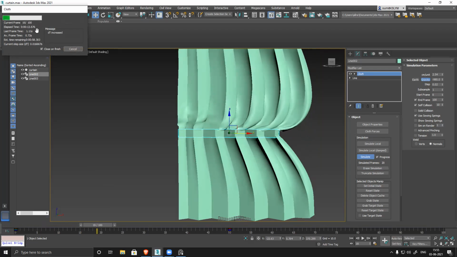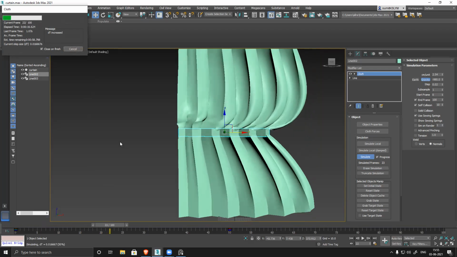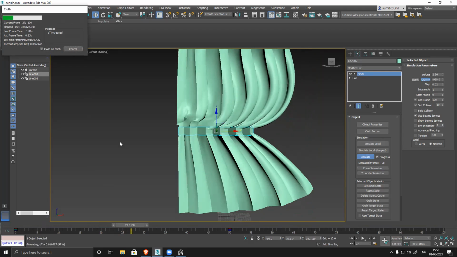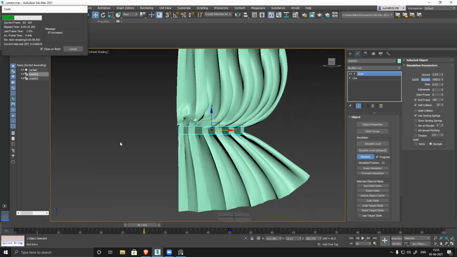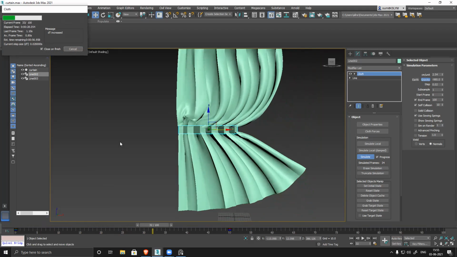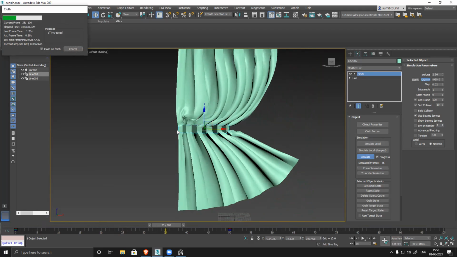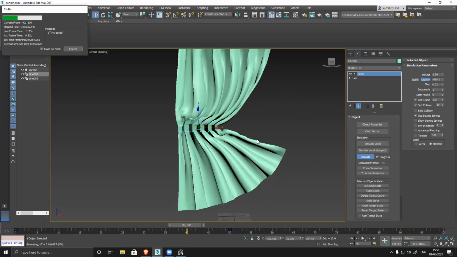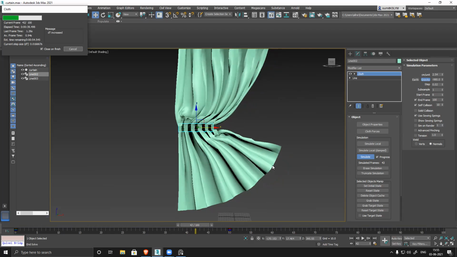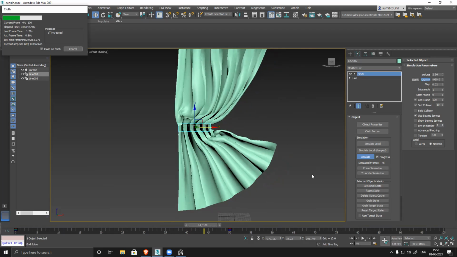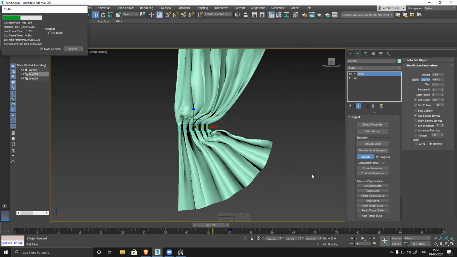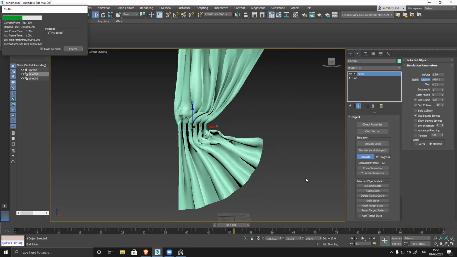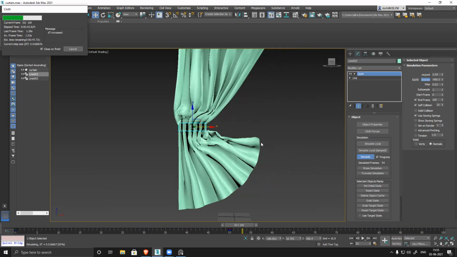And it's low poly, that's why you can see it's working quite fast. If it's a little high poly, it will take more than double the time. This thing is happening because the contraction of this surface is really strong. It's happening really fast. That's why it's pulling this surface. But this will work. Slowly it will come down.